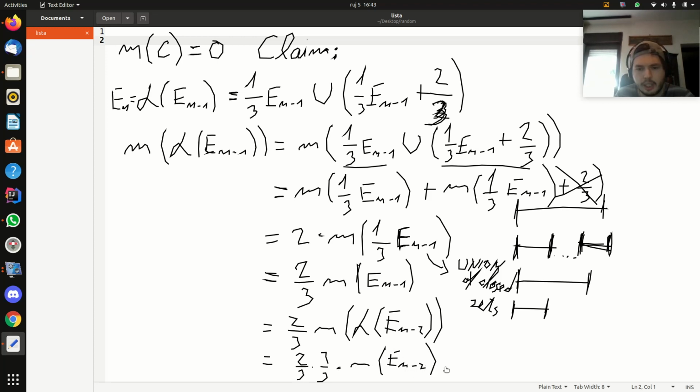Okay, and we continue in this way, and once we get to E_0, the measure of E_0 is going to be 1, and thus we have that the measure of E_n is going to be (2/3)^n. Okay,